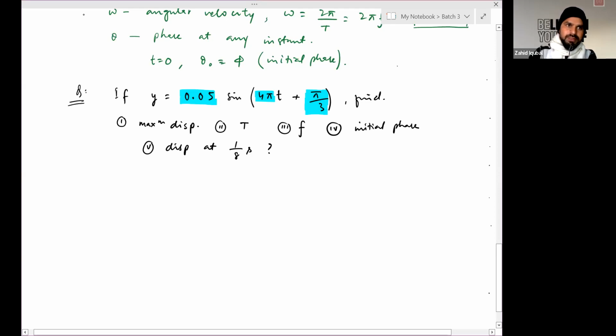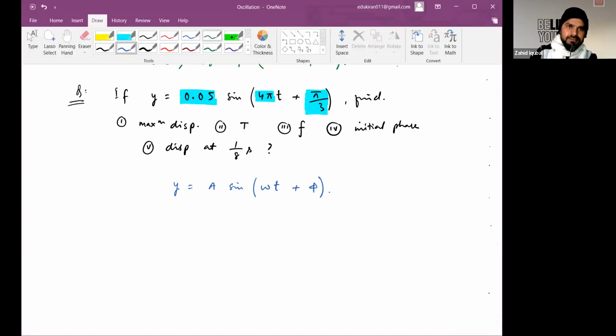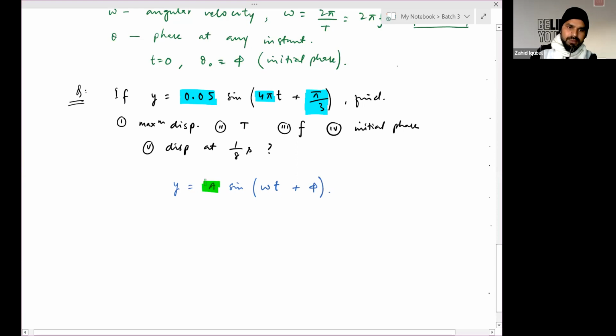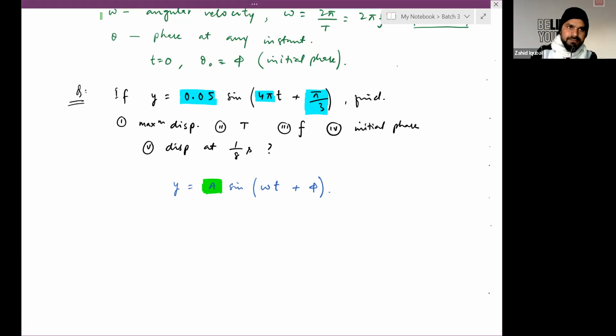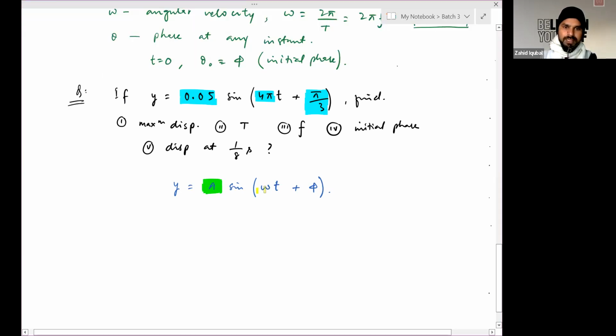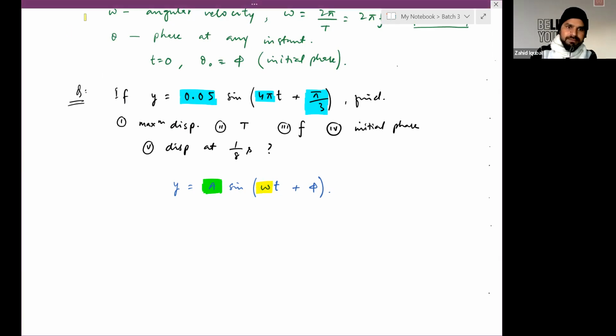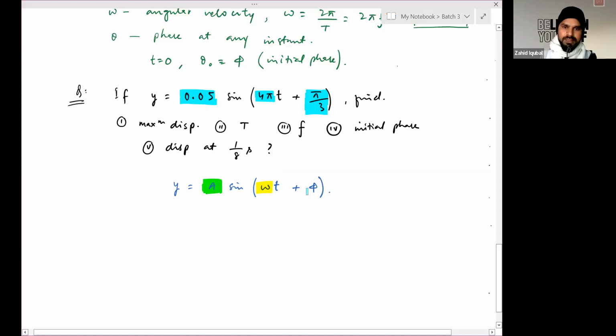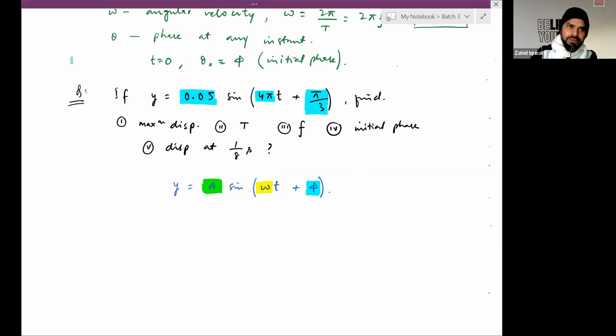Just compare this equation with the above part: y equals A times sine(omega t plus phi). On comparing, you will get A, that is also called amplitude or maximum displacement. Next, you will get omega, from which you'll be able to calculate time period and frequency. And next, you'll get this phi, that is called initial phase. Just compare these two equations and try to find